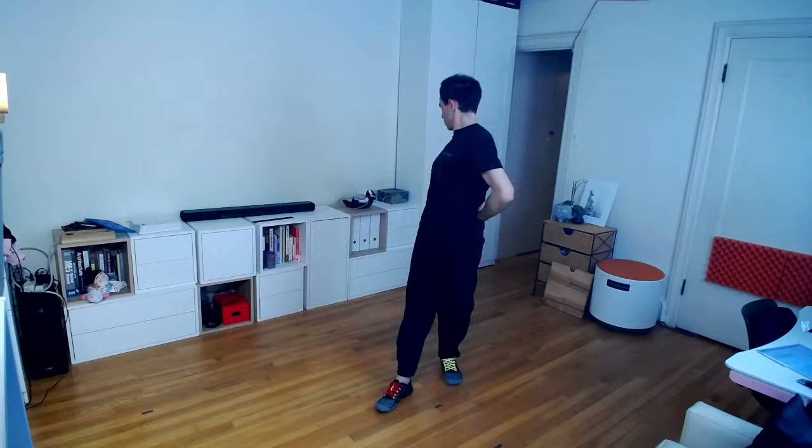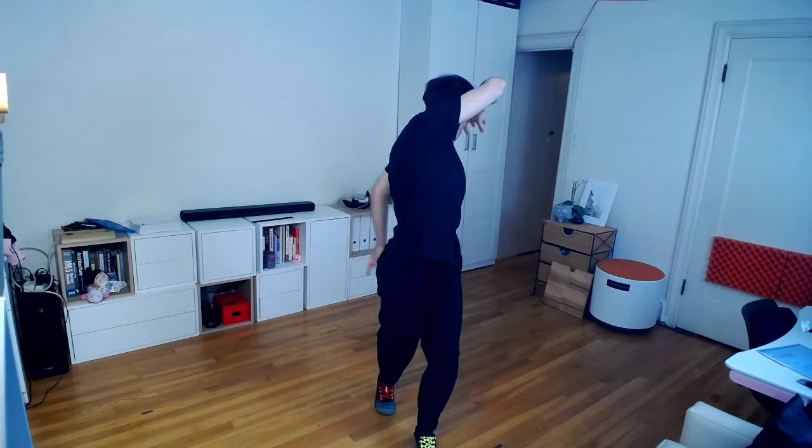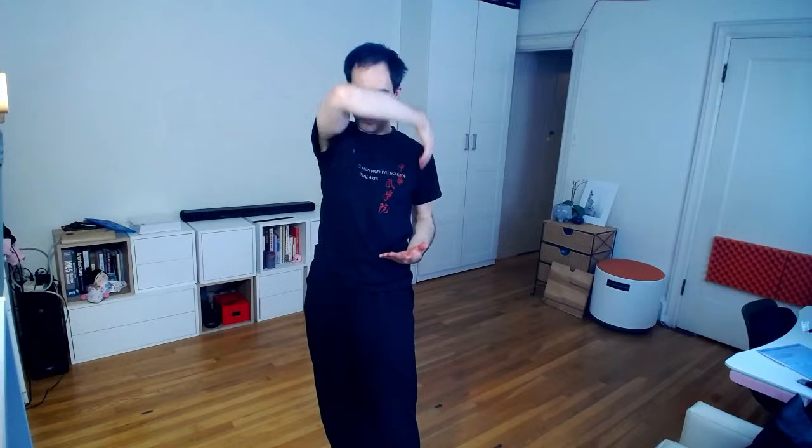Second time on the right, second time on the left, bring the right hand up, rinse the waist, push down, raise single wing, wrap head,